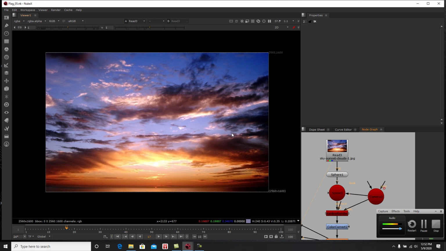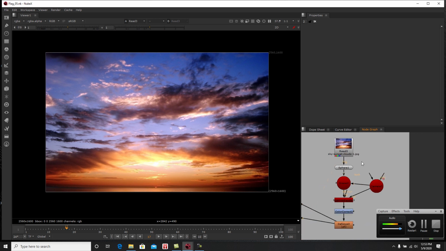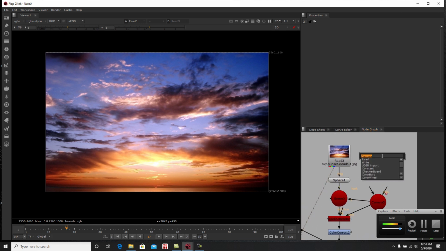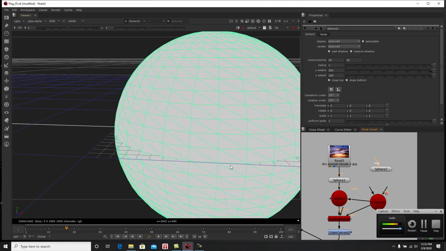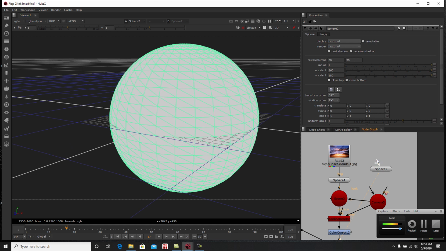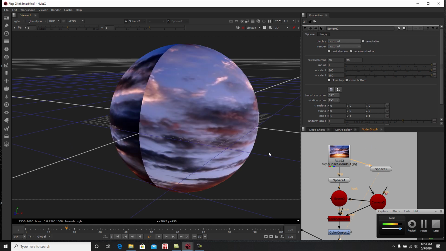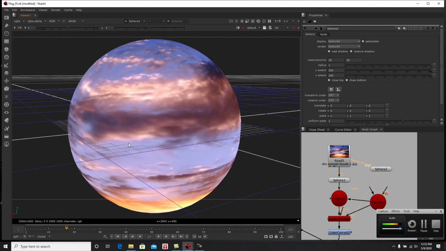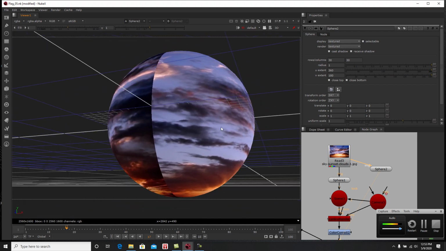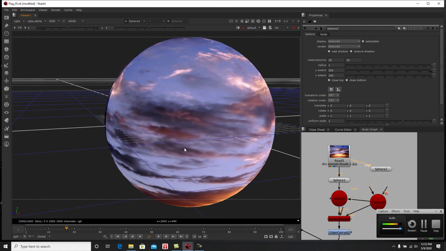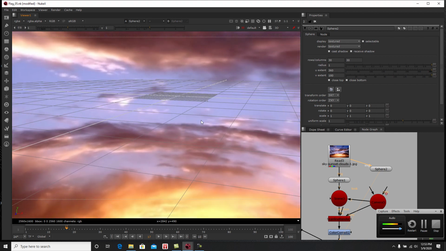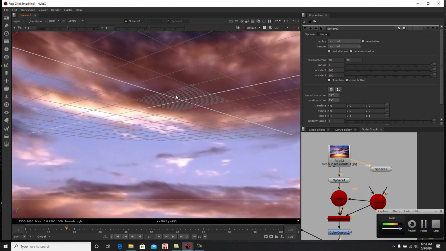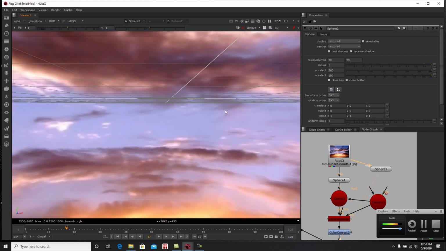So I grabbed a sky sensor cloud picture and I added a sphere right there. Click this, press 1, and connect the sphere to the image. And the image will be automatically wrapped around the sphere. You could go inside the sphere and it will act as a background of all the environment